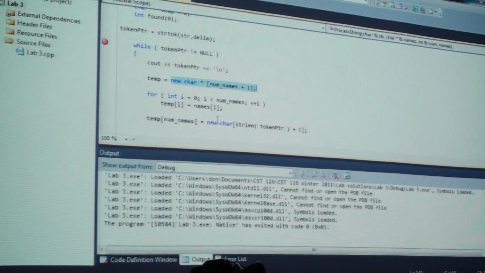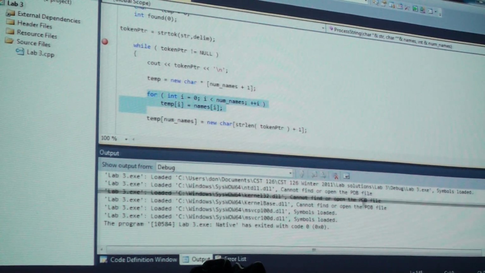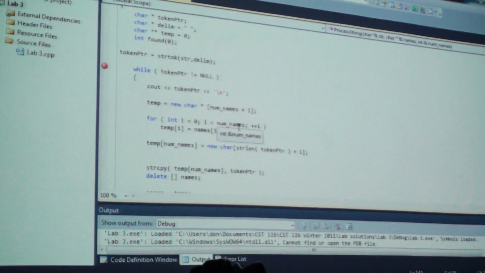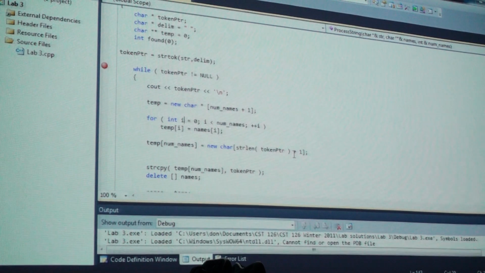Then we go through this for loop, and how many times will we go through the for loop? Num names. First time, not at all, because i starts off at 0 and num names is 0, and 0 is not greater than 0,